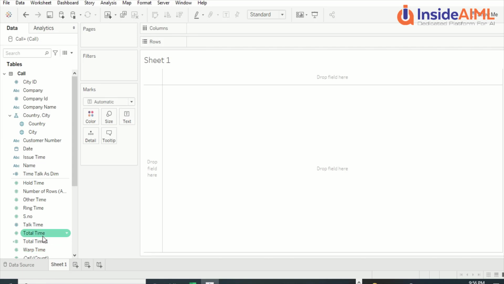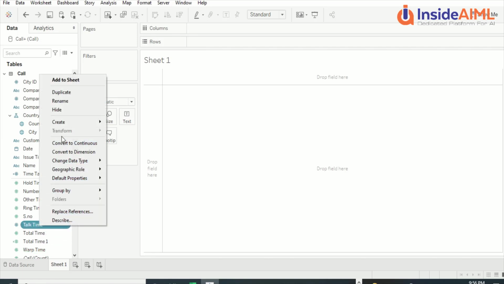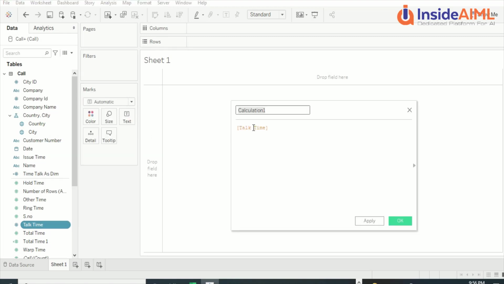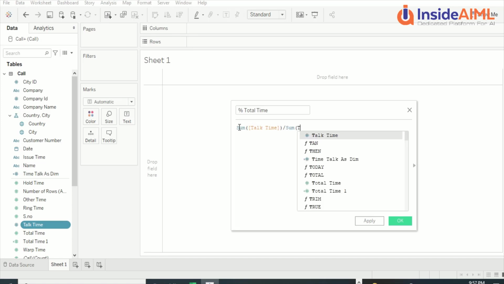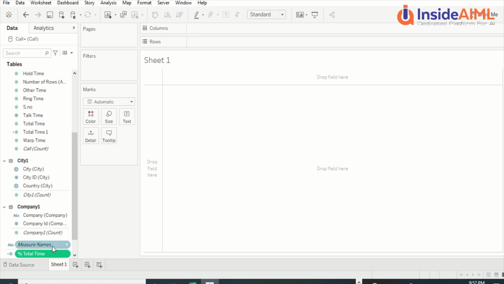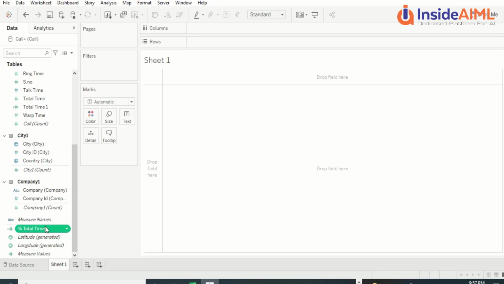Now we know total time. We are not interested in total time, but we are interested in percentage of time, which is of the total time. So we again go and say create calculated field. Now I'm going to do it a bit differently, and it's going to become the measure, and I'm going to call it percentage total time. To make it a measure, I'm going to use certain aggregations and divide by sum of total time 1 or total time, anything I can use. I want to use the one which I brought in, and we can actually add both of them and compare. Okay, now this is the field which I got, percentage total time.